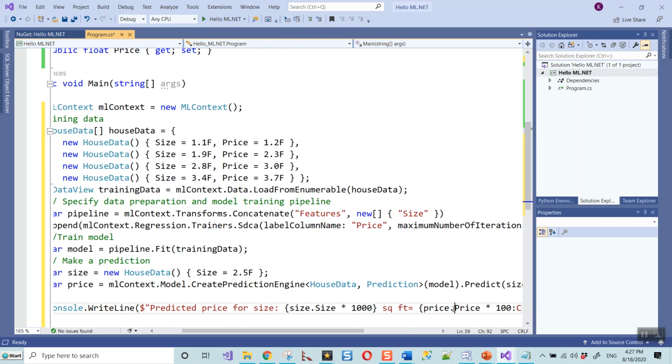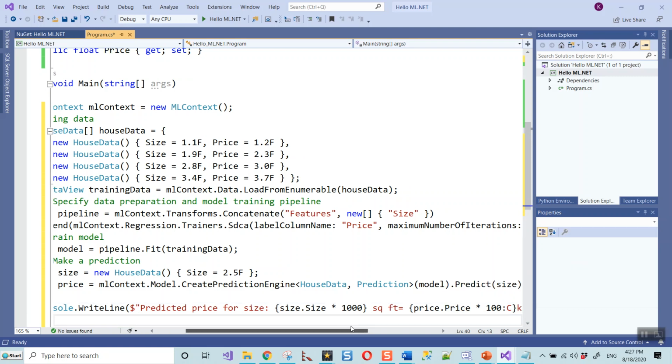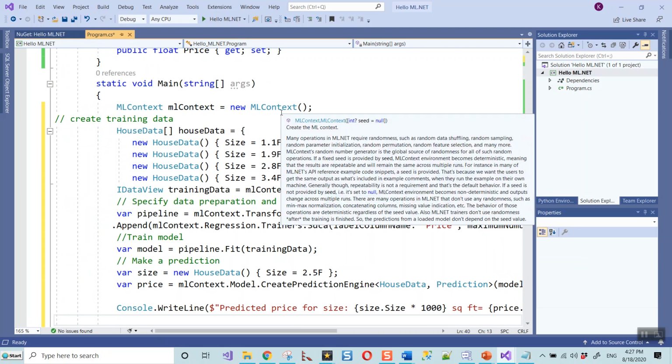If you put a backspace and then click on dot, you will see that it will give you that price. Now if you run this application, what would you expect?